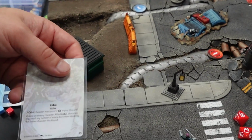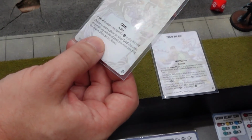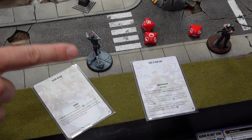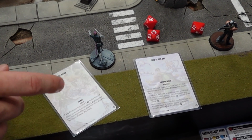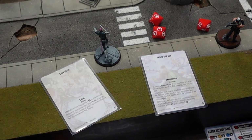You can't do this one yet because it requires fewer VPs. This one would take 3 power. This has to be played during your turn, but it doesn't have to be played by the character who's doing it. So you could conceivably pay 3 power here, and then play this card on Captain America, and this card would allow you to reroll all of your attack dice